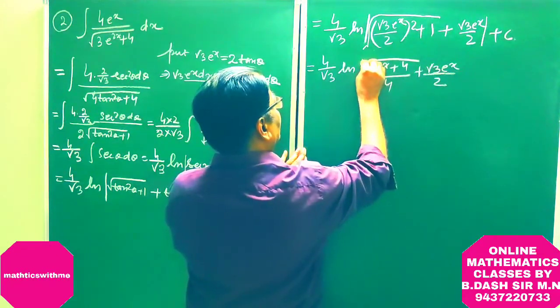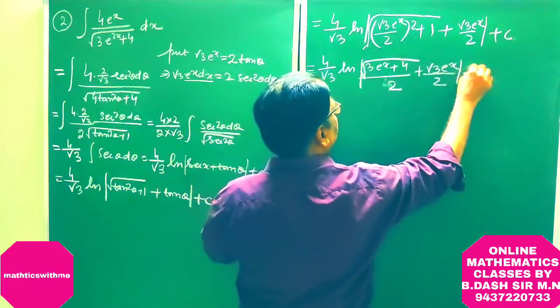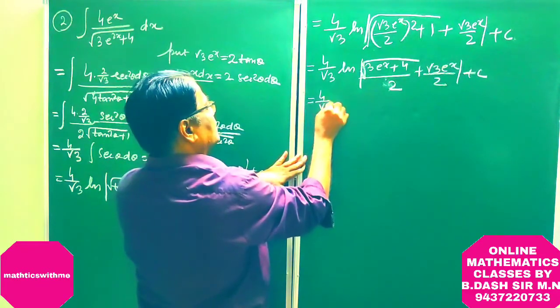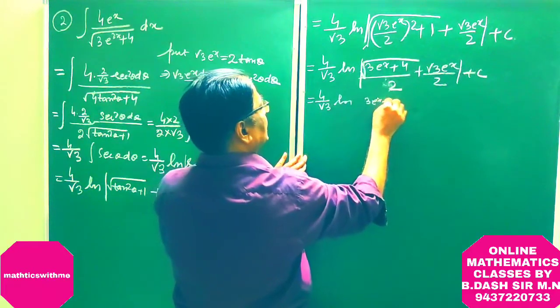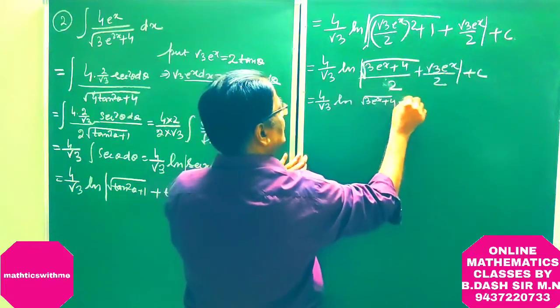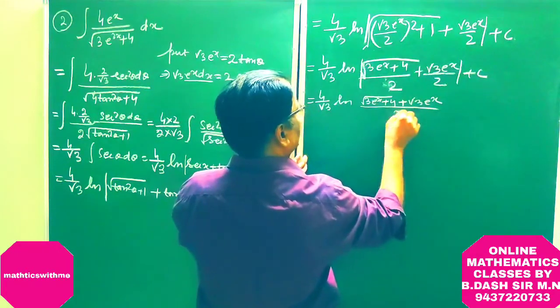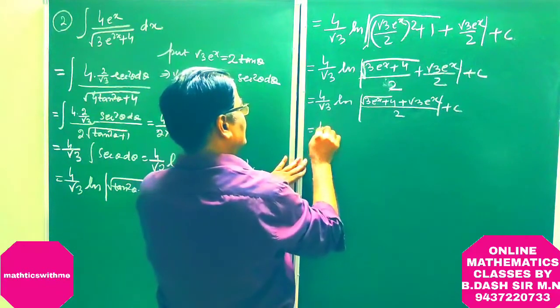So this is divided by 2 plus c, which is equal to 4 by root 3 ln of (3 e to the power x plus 4) whole root over plus root 3 e to the power x divided by 2 plus c, which is equal to 4 by